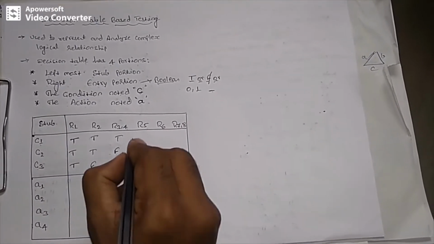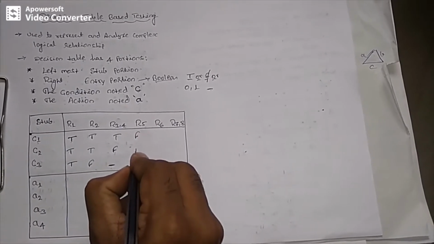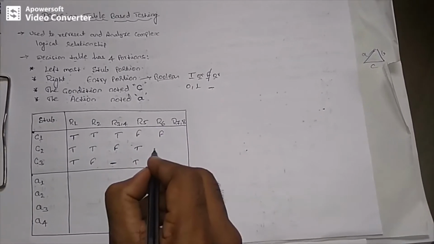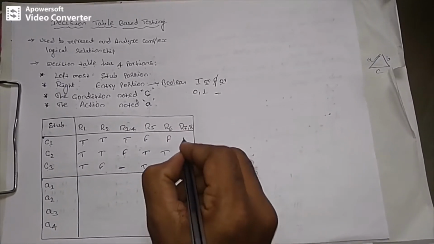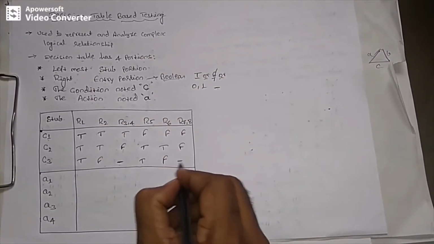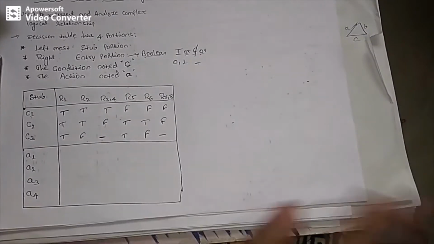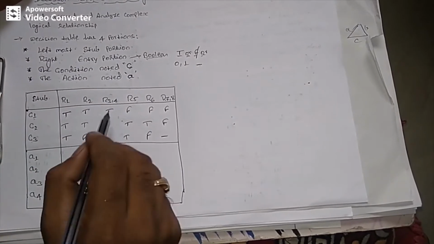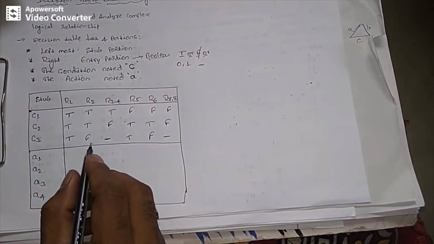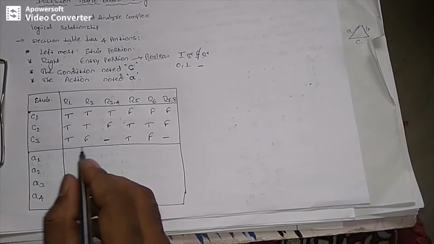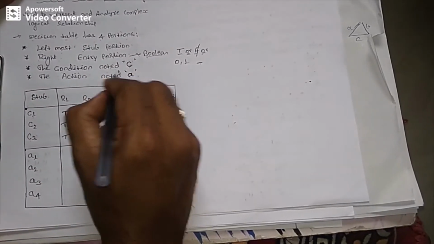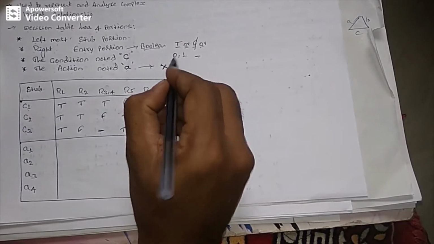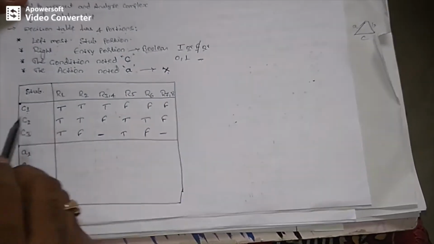So not applicable condition. And sometimes you can also represent it like false, true, true. So false, true, false, and then the last one is false, false, dash. So this is how generally we enter the Boolean values in the entry portion. Next, in the action portion, the actions are represented by using an X. X indicates that it is an output result.